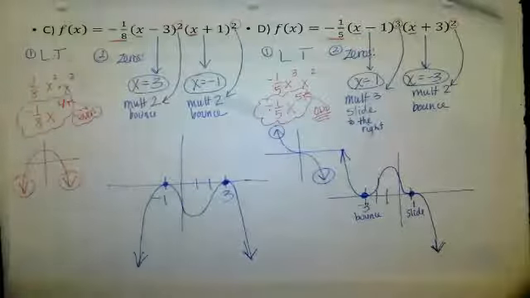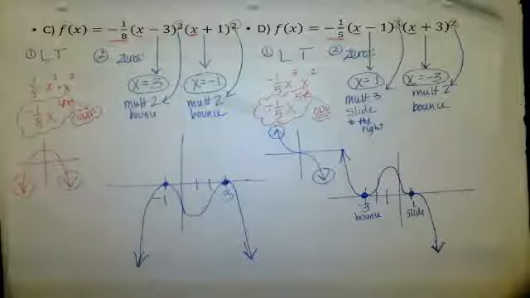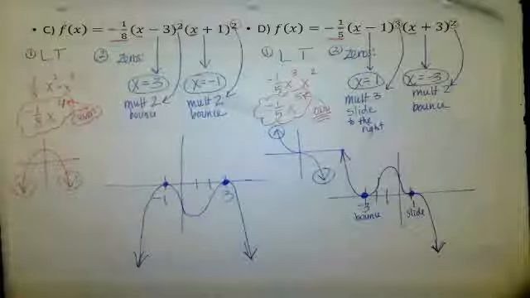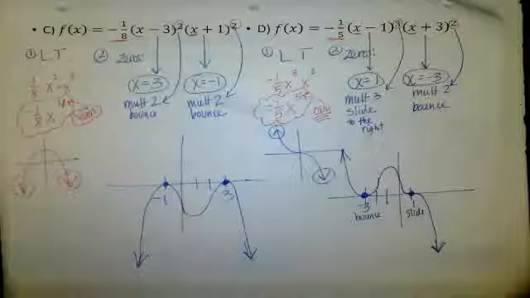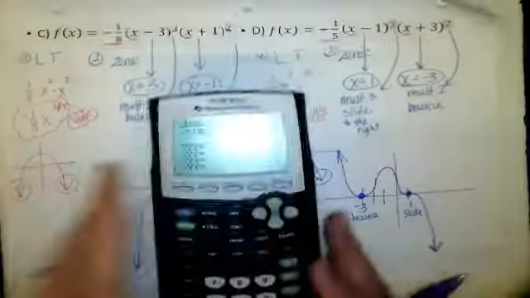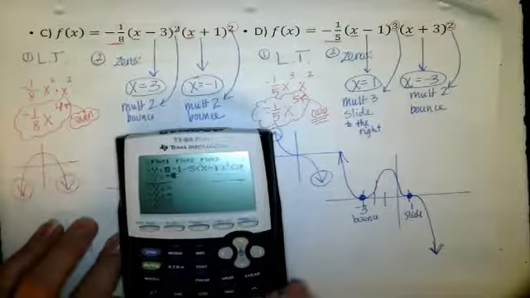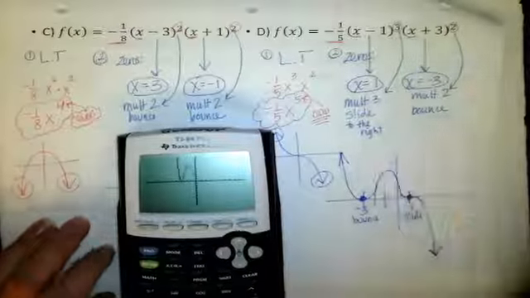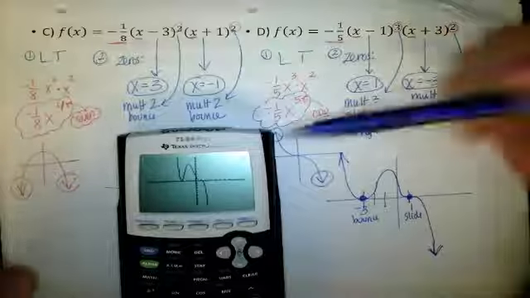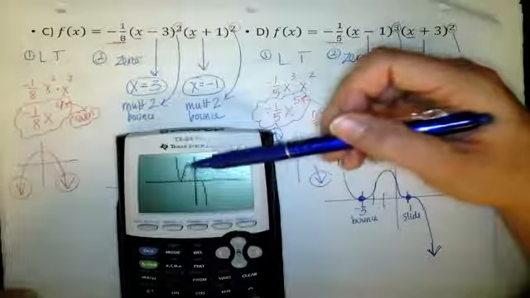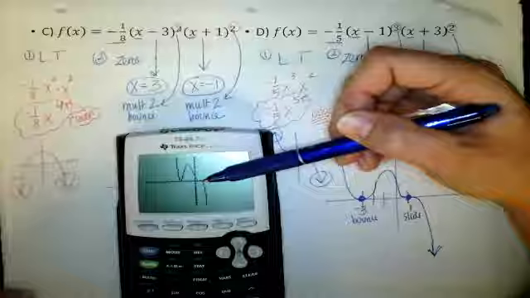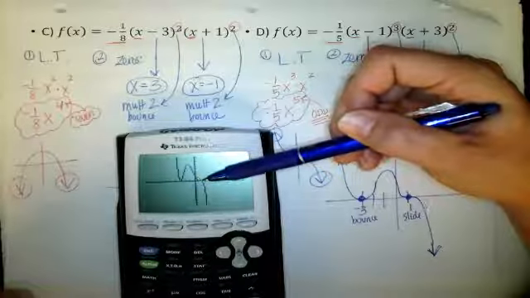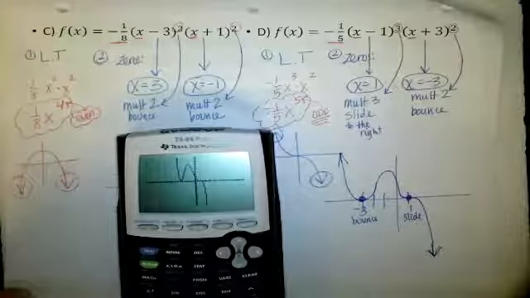Okay, let me show you. -1/5 x. It's weird, right? It's kind of neat though. X cubed, x minus 1 cubed, and then x plus 3 squared. Okay, so I've put this equation in my calculator. And you can see pretty close there, we have a bounce at -3, and it turns around, and you can see how it sort of runs along the axis just for a second right there, and then passes through. Okay,